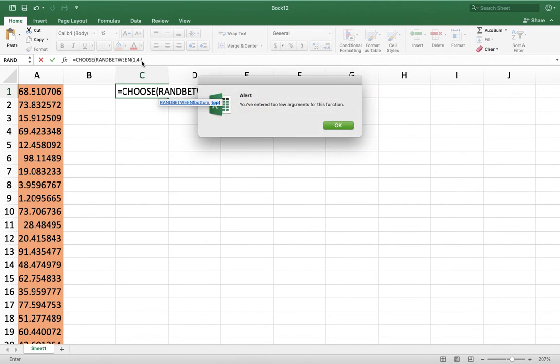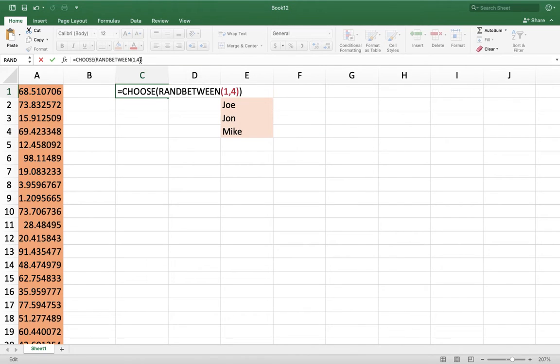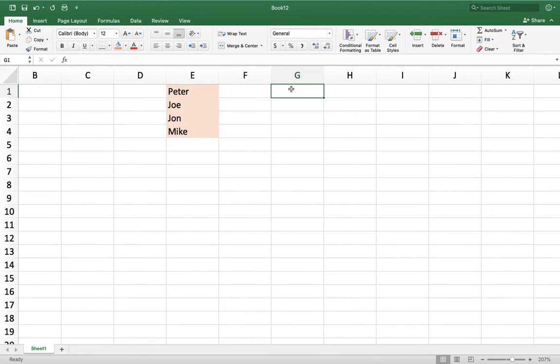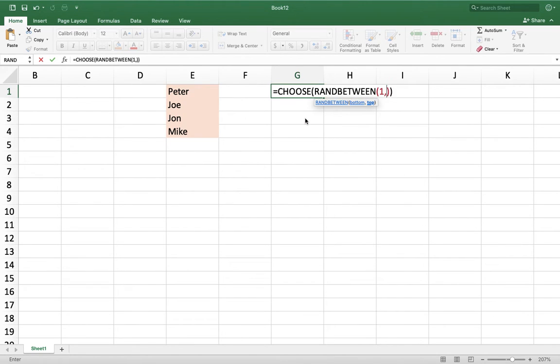and then outside the parentheses you do comma, and of course I covered my data here, so I'm going to just start over for a second. Let's do it over here. Okay, so CHOOSE, and then RANDBETWEEN 1 comma 4, and then go to the outside of the parentheses and